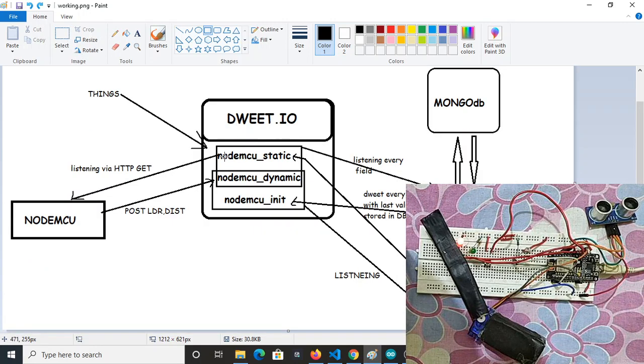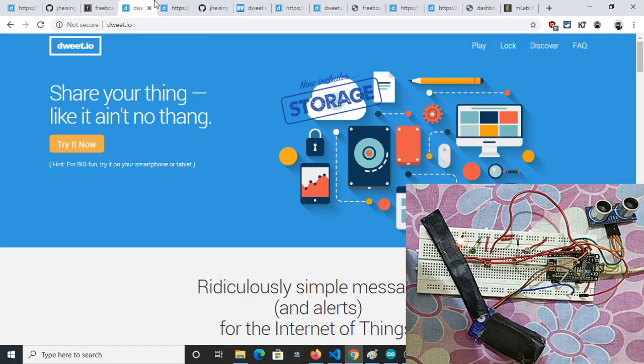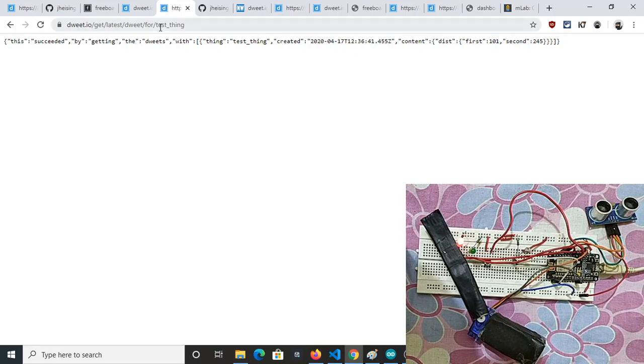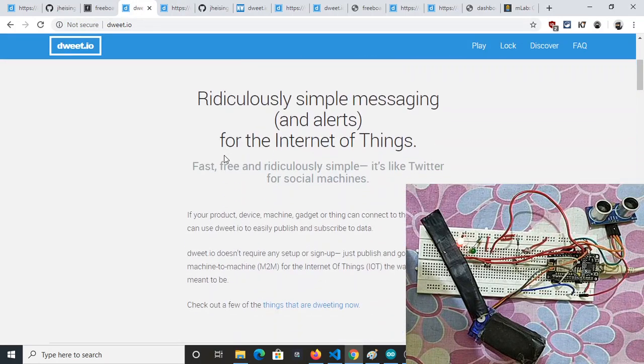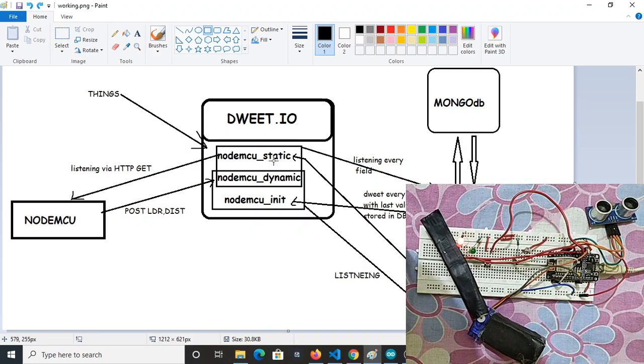So we have created three topics: node MCU underscore static, node MCU underscore dynamic, node MCU underscore init. Init we will discuss later, because these are basically things which I have already told you are test things. Similarly, I have created three things.